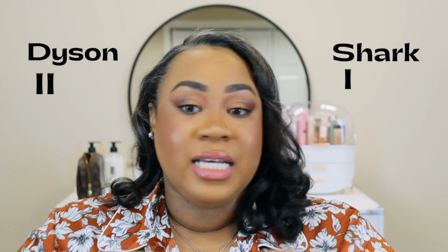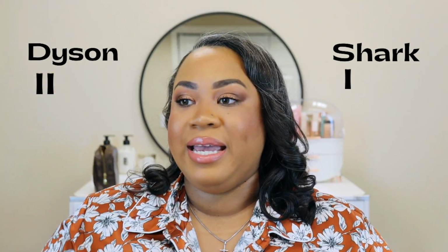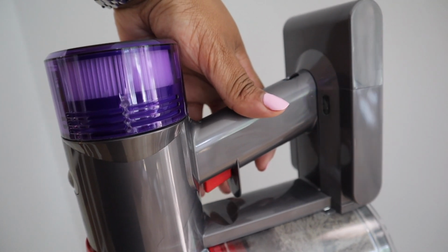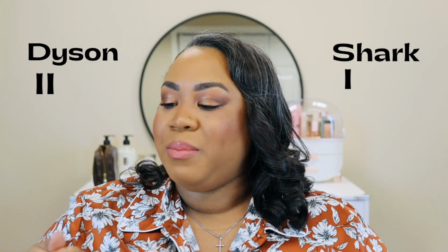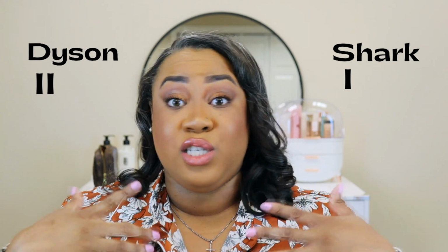Now let's talk about handle comfort, because I've never heard anyone talk about this. The Dyson loses, boo, tomatoes. The Dyson is so uncomfortable in my hand. With the Shark, you can switch a button and just hold the handle. With the Dyson, you have to hold a trigger while you vacuum and it kind of hurts my hand. I've never heard anybody talk about that. I don't know if people just don't notice it, but